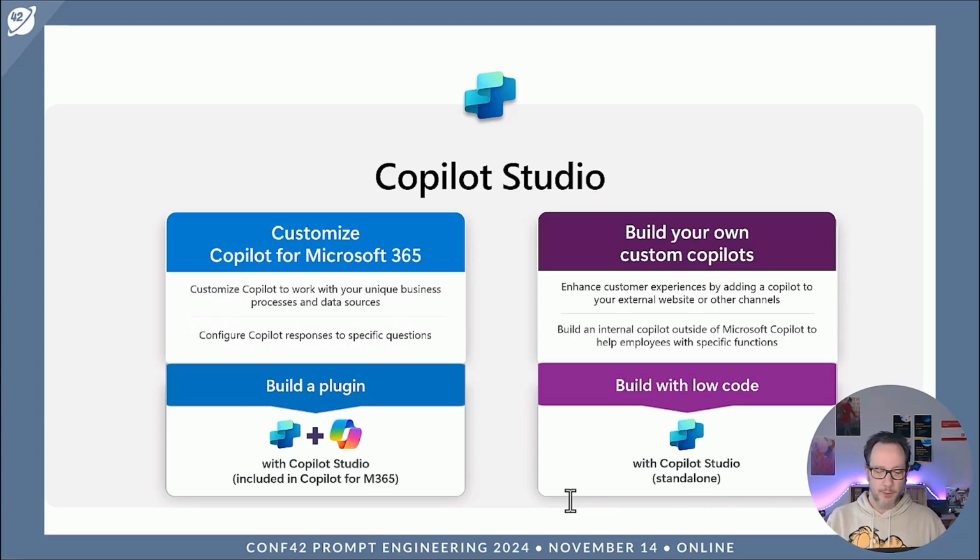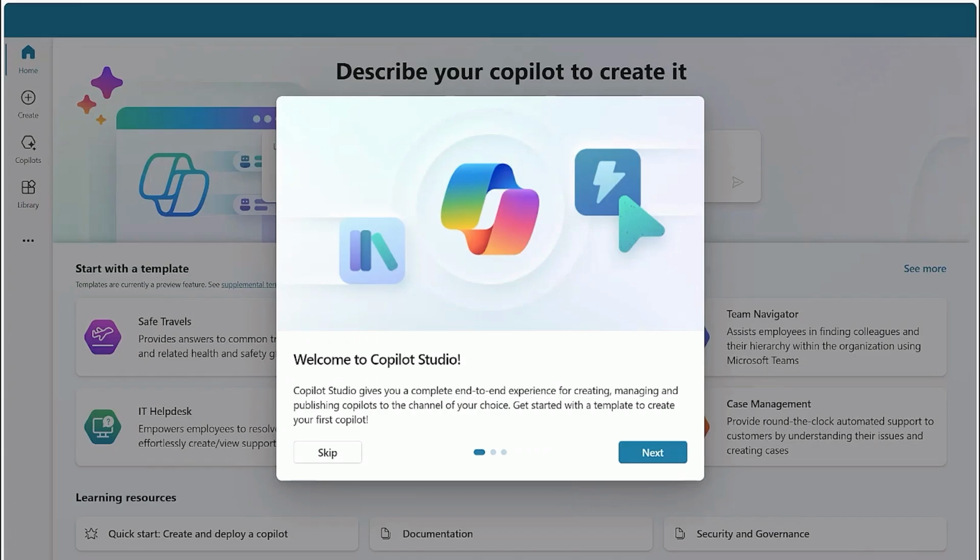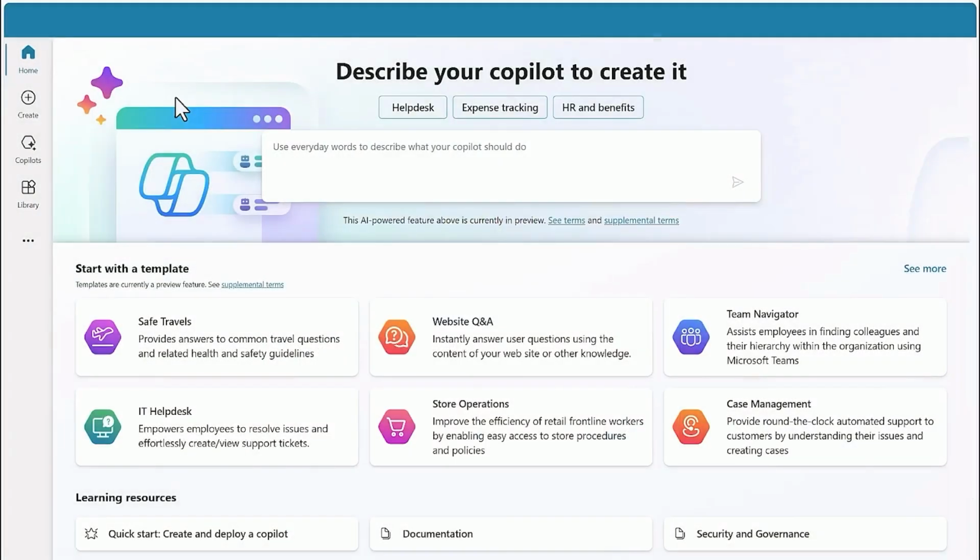That's the scenario. The second one is building from scratch. So not using extensions to M365, but actually building your own custom Copilot from scratch using Copilot Studio. I have a little demo coming up on how to use Copilot Studio. The idea is that you connect to copilotstudio.microsoft.com, authenticate, you need a license, and from there you can start building, creating, composing your app,